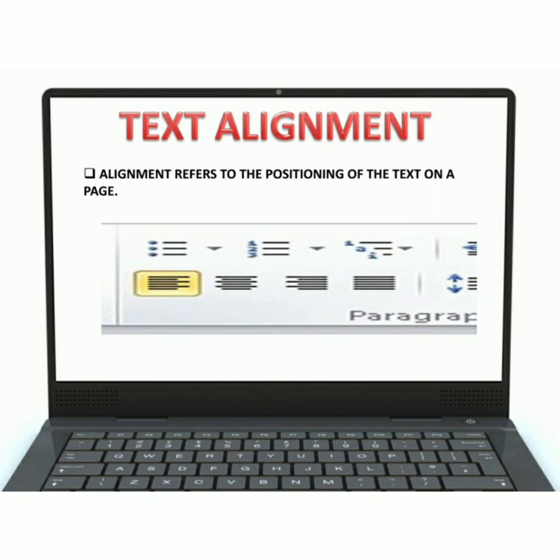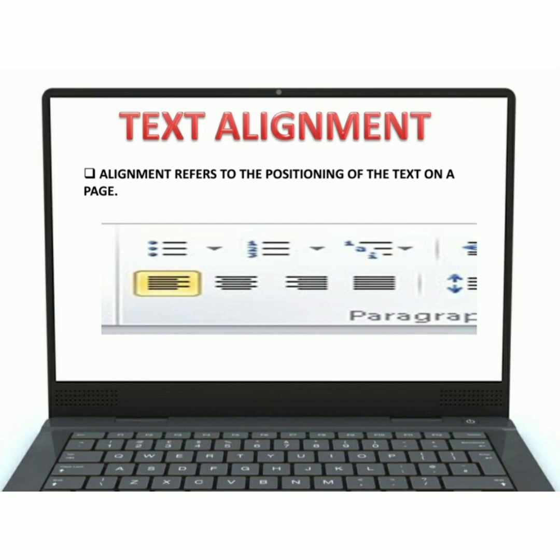Kids, on your screen there is a picture, that is, 4 buttons are showing on your screen. These 4 buttons are used for alignment of text in MS Word. So first of all we should read about what is alignment of text.